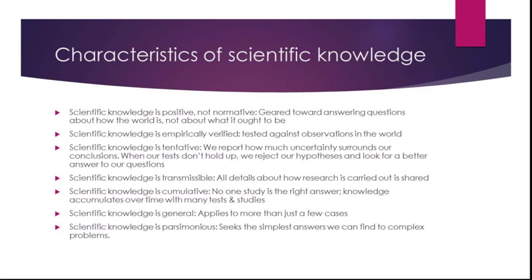Finally, scientific knowledge is parsimonious. Whenever we have a preference, we're going to seek the simplest answer we can. The world is complex, and when we start to think of all the different factors that can influence public opinion or can influence the results of elections or something like that, we can easily get bogged down in extremely complex statistical models. Sometimes we have to do that, but wherever possible, we want simplicity. This is a key aspect of scientific knowledge.